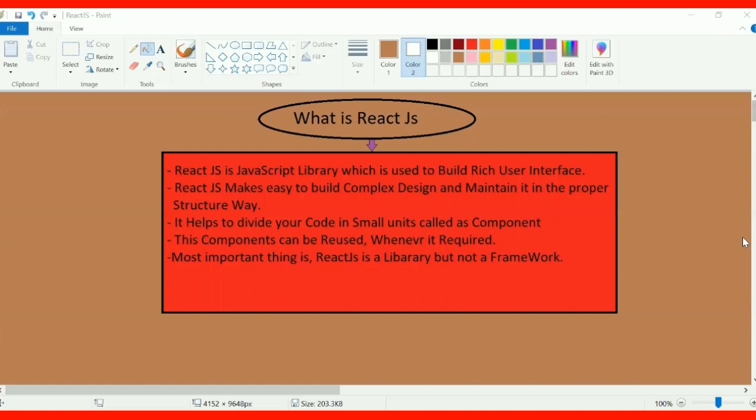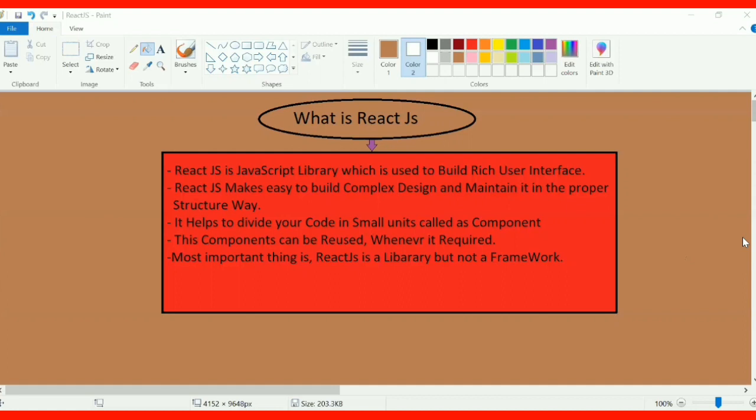It's simple. React.js is a library which is used to build a user interface. Now, what is a user interface? A user interface is nothing but a medium which is used to interact a user with software. For example, I am a user. Now, I want to interact with the software. I need some interface. That interface is called the user interface.